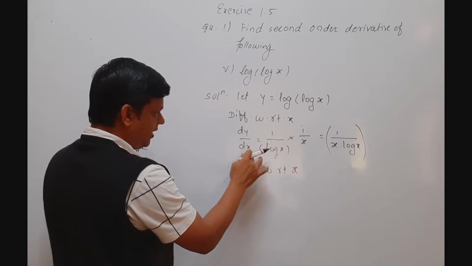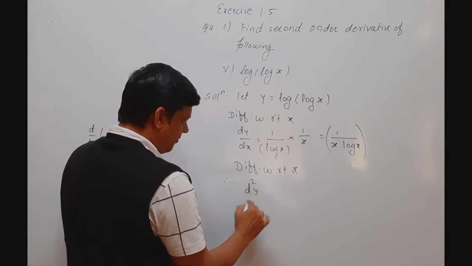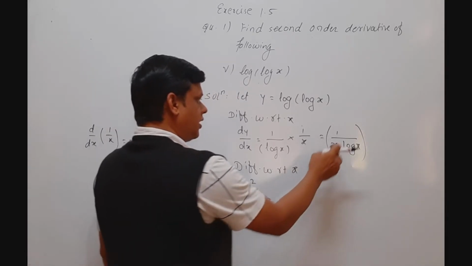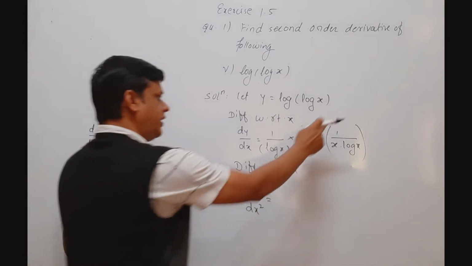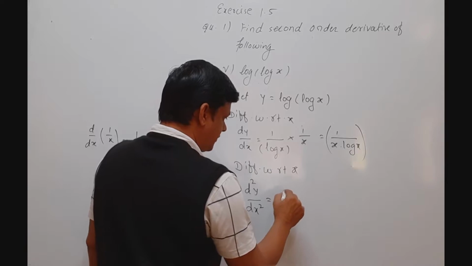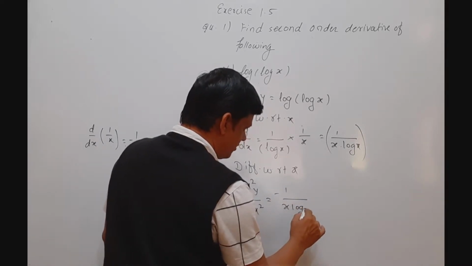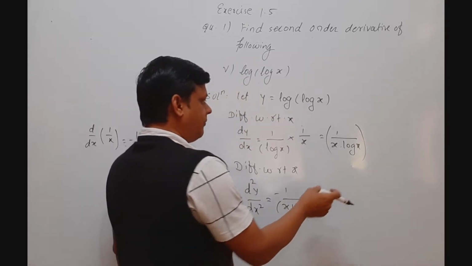So this dy by dx, after differentiating with respect to x, we write d2y by dx2 is equal to, here first we treat it as 1 upon x. So its derivative we write minus 1 upon x log x, its bracket square,